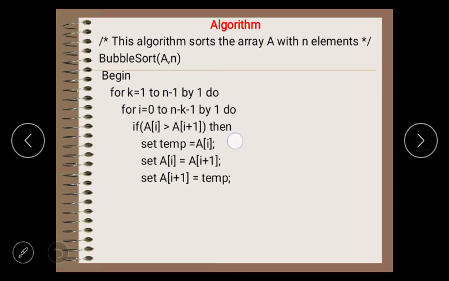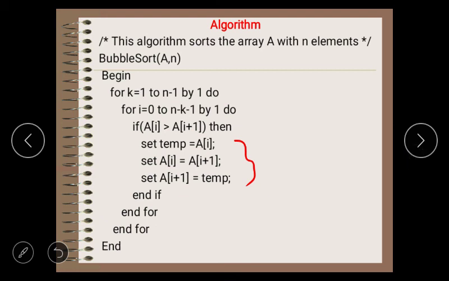As we know, this is the logic for swapping two numbers by using a third variable, that is temp. After that, end if condition, end inner for loop, end outer for loop, and end the algorithm.